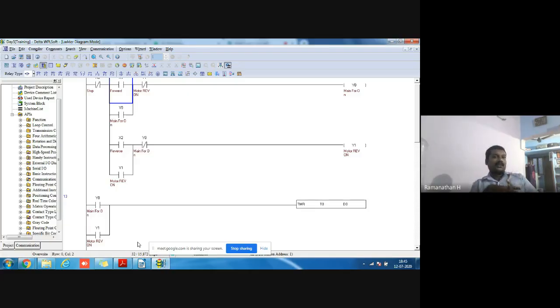Mostly SCADA is used for the entire factory control, the entire plant control or the entire unit control. For that much only we go for SCADA because SCADA is very costly. If I want to control only one machine or only one task, we don't go for SCADA. We use a small HMI. To control the entire plant or the whole unit, only then we go for SCADA. Okay. To control only one machine or one task, we go for HMI only.